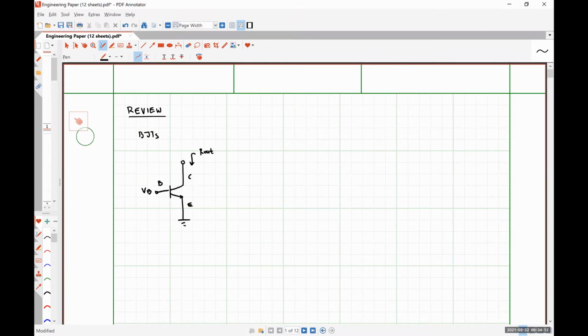For a PNP current source, we have our emitter at VDD, our base terminal at a fixed voltage VB, and we open circuit our collector terminal. There's where we can take our output resistance, and our small signal model tells us